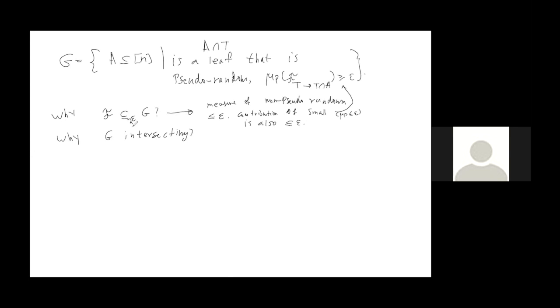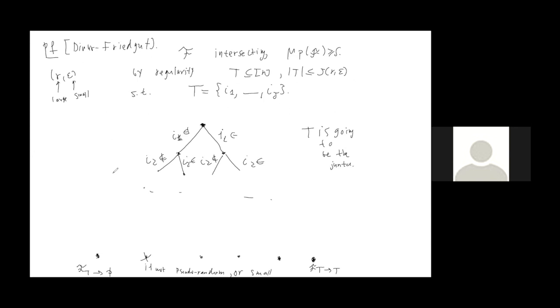So why is G intersecting? This is the question that we want to answer now. So let's look at this tree, and we look at two leaves that are considered inside G. Let's say we have this tree, H1, and this leaf, H2. So we want to show that the paths leading to H2 and to H1 intersect. So what we want to do is